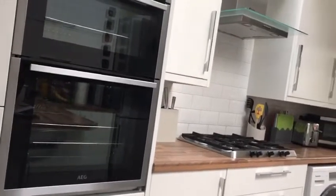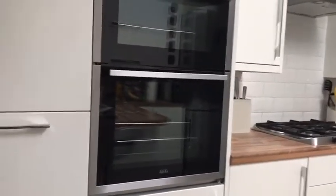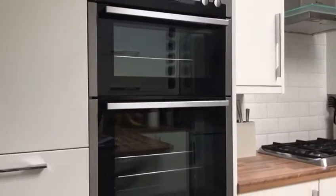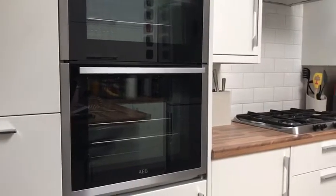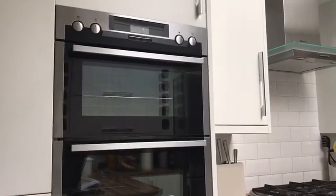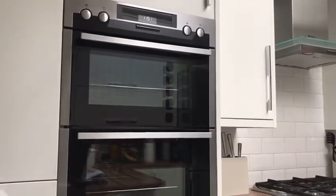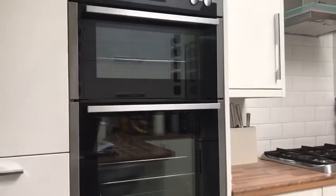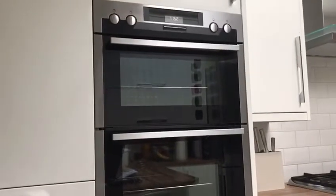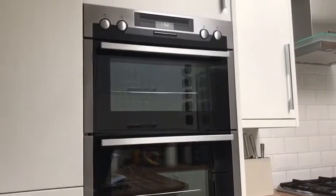It's got a good high maximum temperature, which is about 275 degrees, but we probably won't use anything that high personally. The one thing that we would have liked would maybe be an oven cleaning system, which we've had before, which is where you put some water in and it steams your oven for you, but like I said, it's a basic standard oven and it doesn't particularly do anything, but it looks lovely and it feels really